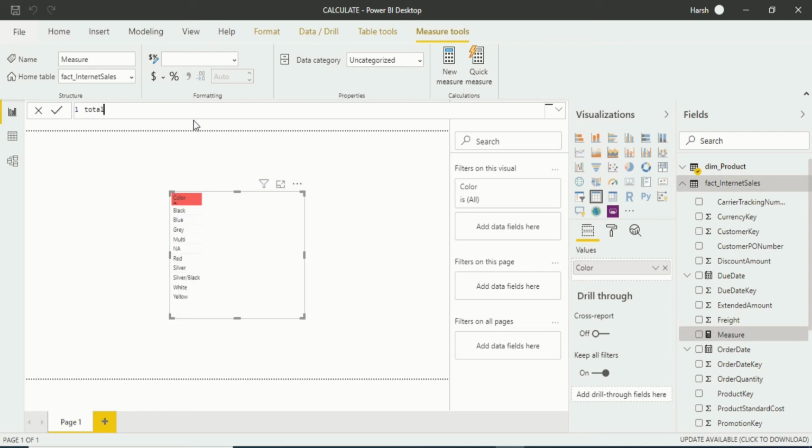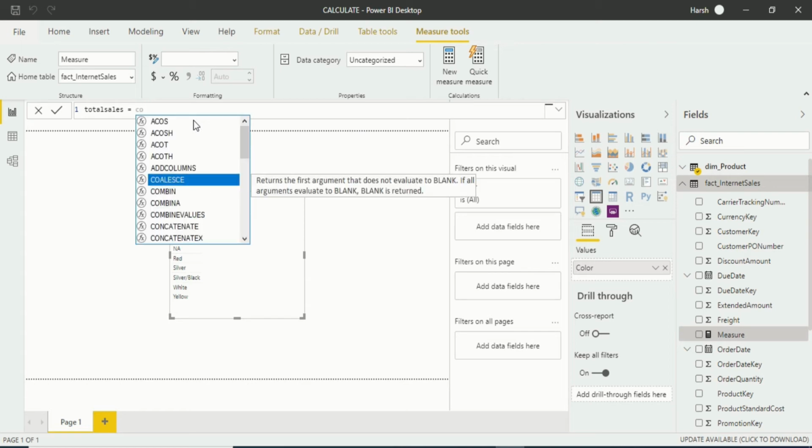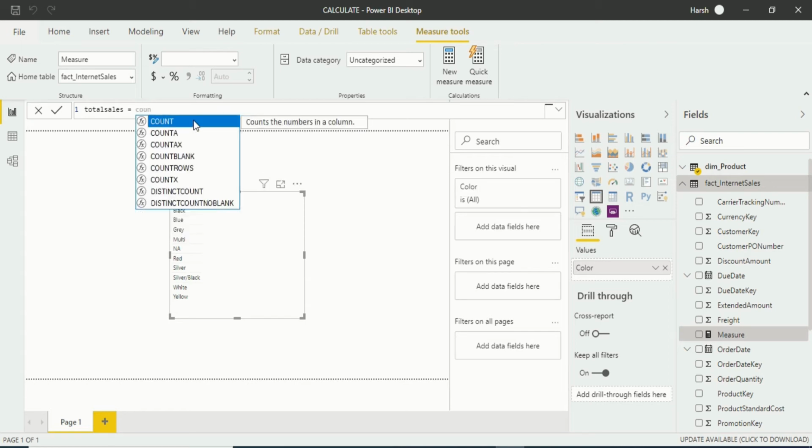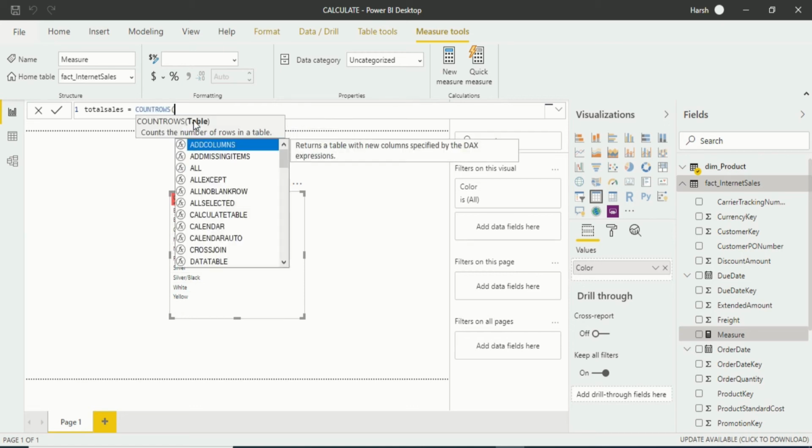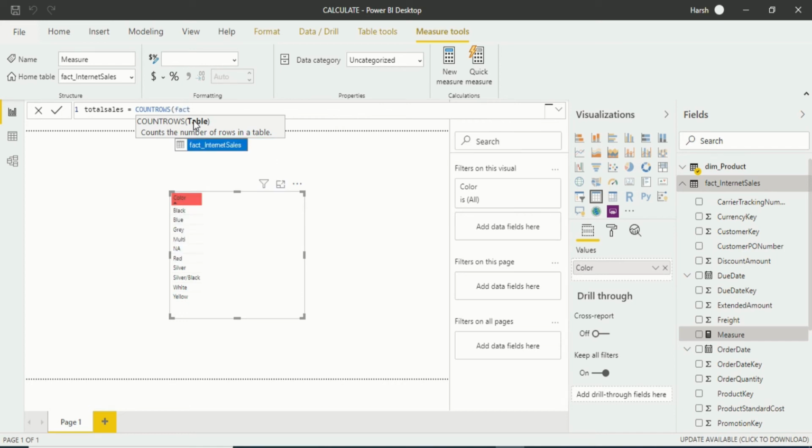Now you will write Total Sales, then a space, then equal to, again a space, and we will use COUNTROWS. Now this is the function I want to run. Again space. Now which table? So FactInternetSales. So this table, then close the bracket, and after that press enter.